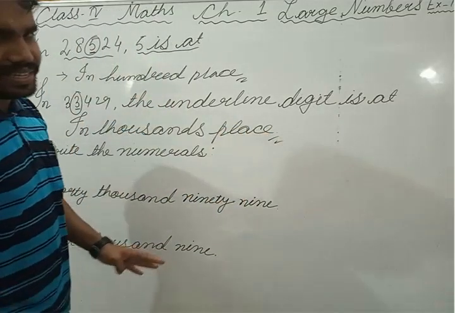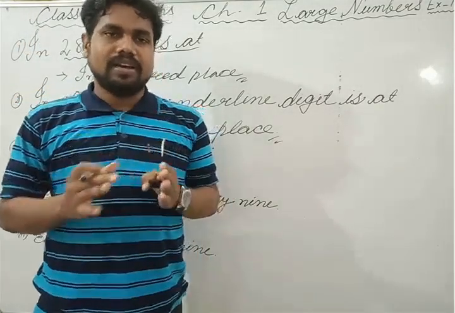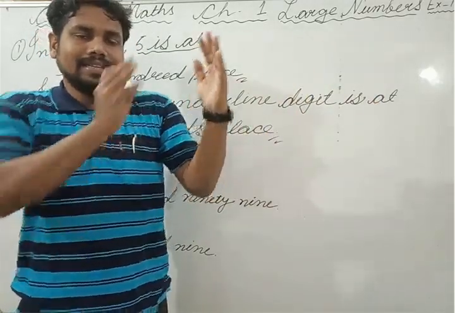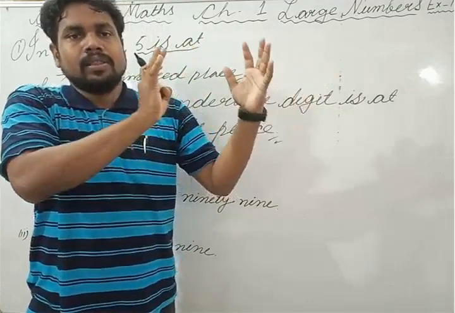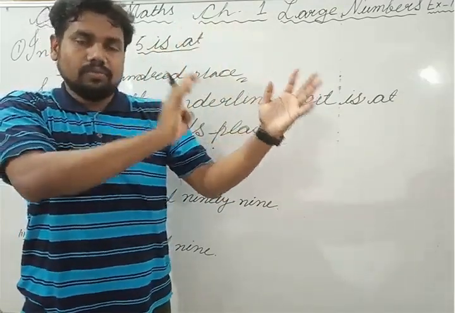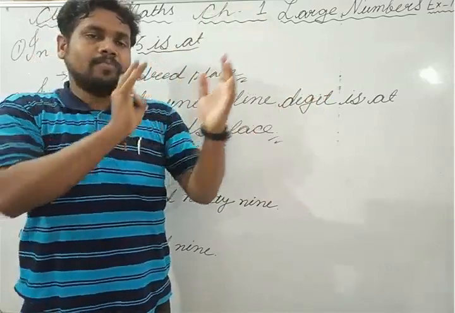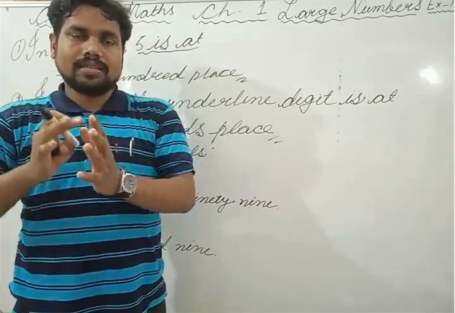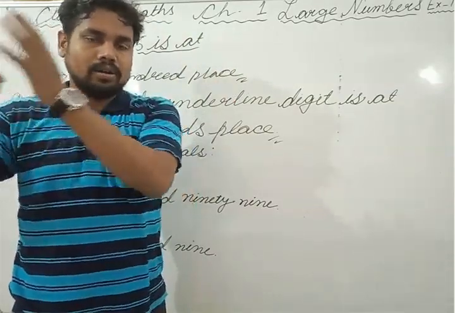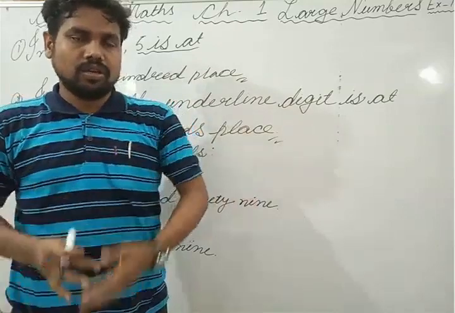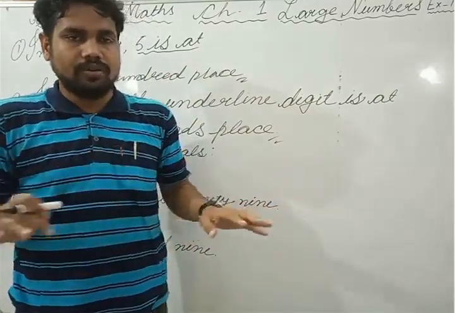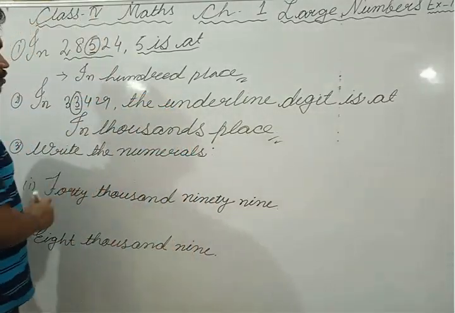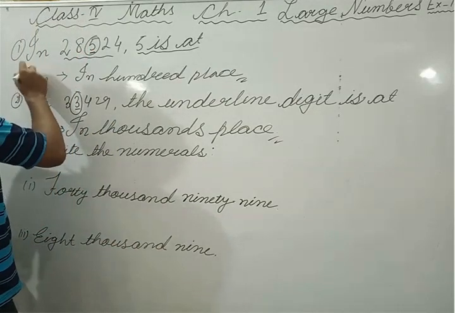It is very easy if you are aware of the place value chart. Very simply, 1s, 10s, 100s, these three are in the ones period. Then thousands period, you have thousands, 10,000s. Then after thousands, the lakhs period: lakhs, 10 lakhs. Then the crore period: 1 crore, 10 crore. So likewise it goes on. If you are aware of the place value chart, you need not worry about solving any problems related to large numbers. So this is how the answers of these two will be.